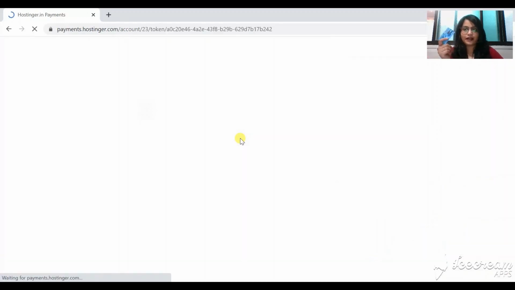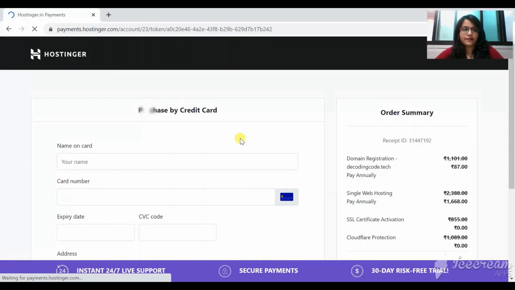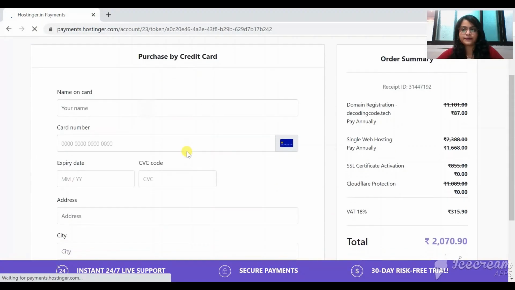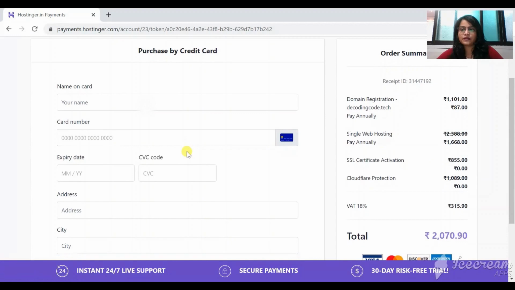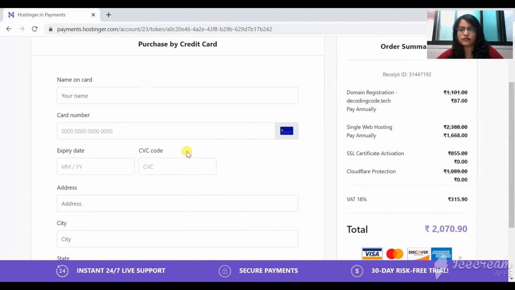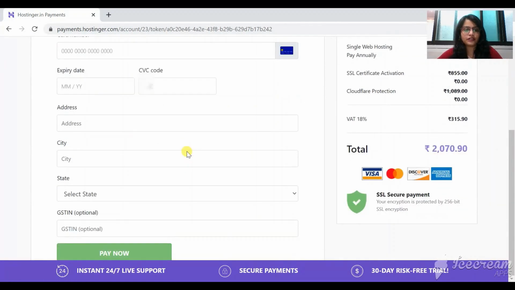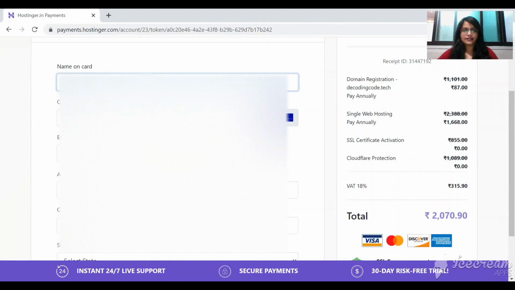So I'm keeping my card ready to make a purchase, and okay, so it is 2000, and I need to put the details. Let's fill up these details for the checkout.